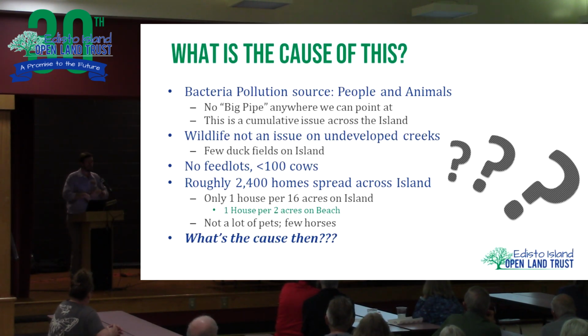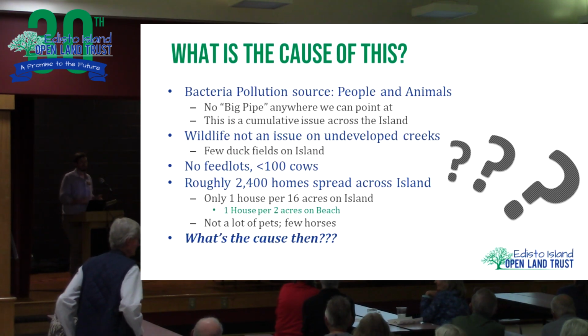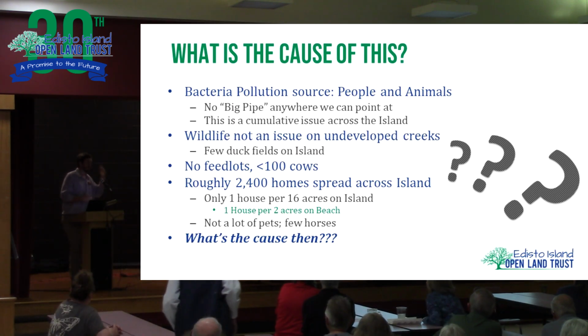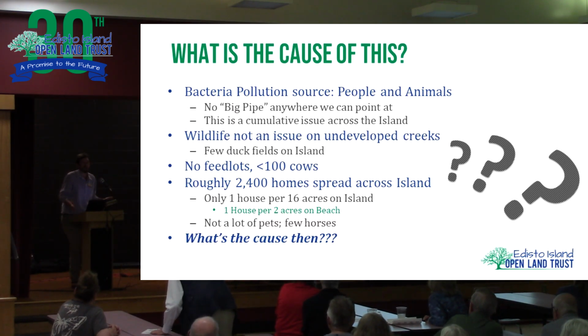At the same time, we don't have any high-density agricultural operations. There's no feedlots. I don't even think there's 100 cows on the entire island. And that same thing applies to horses and cattle, or horses and goats and sheep. Probably not 100, probably not 200 hoofed animals on the entire island, which just leaves people as being the most